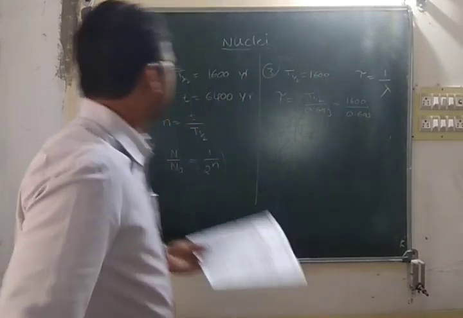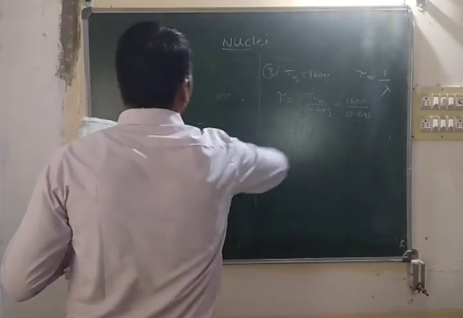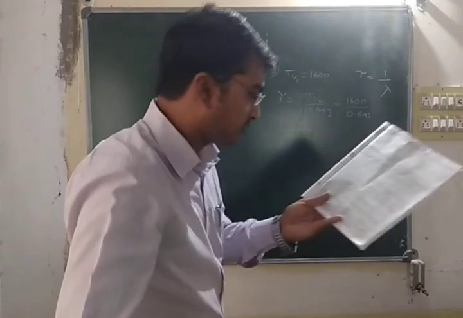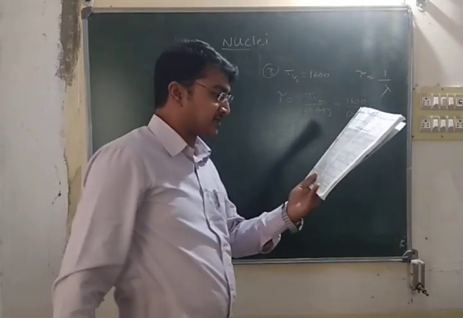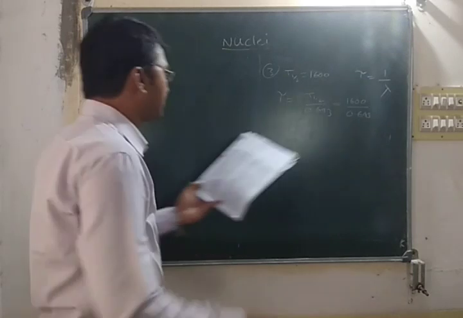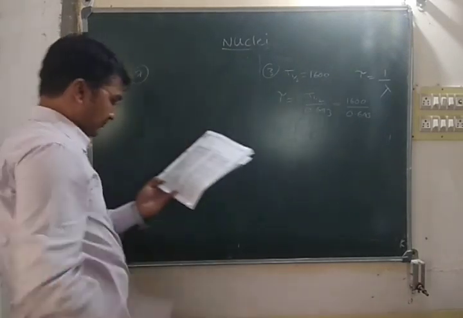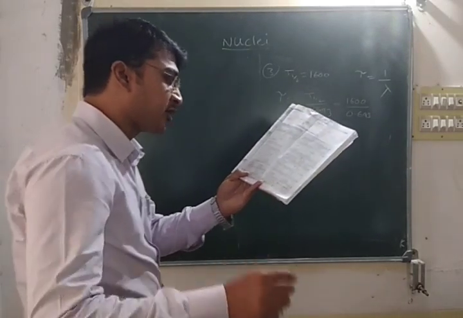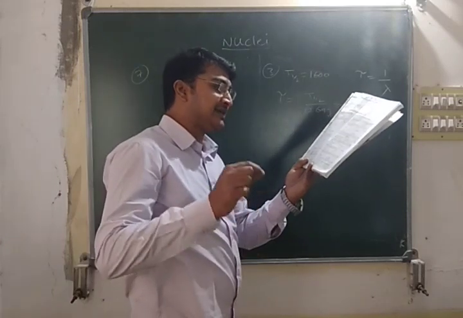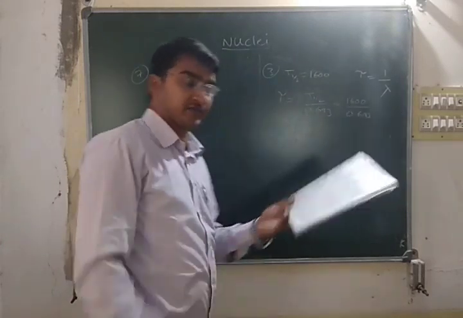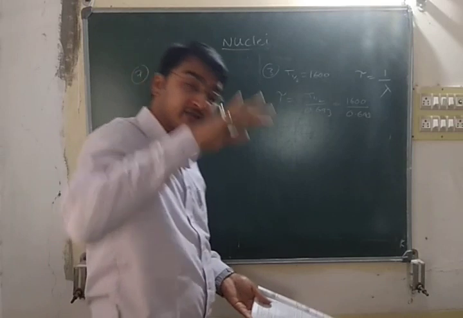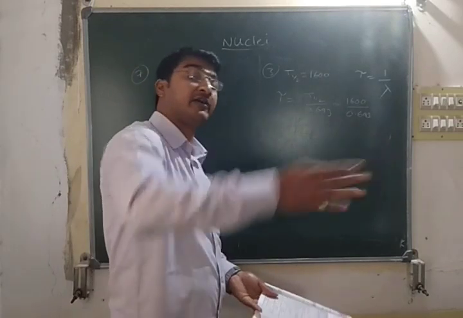Next, this type of question. I am giving the models only, I am not giving the questions. So this is question number 6 in the exercise. Now question number 7 in the exercise. What percentage of the original radioactive atoms is left after 5 half lifetimes? How much percentage will remain after 5 half lifetimes?